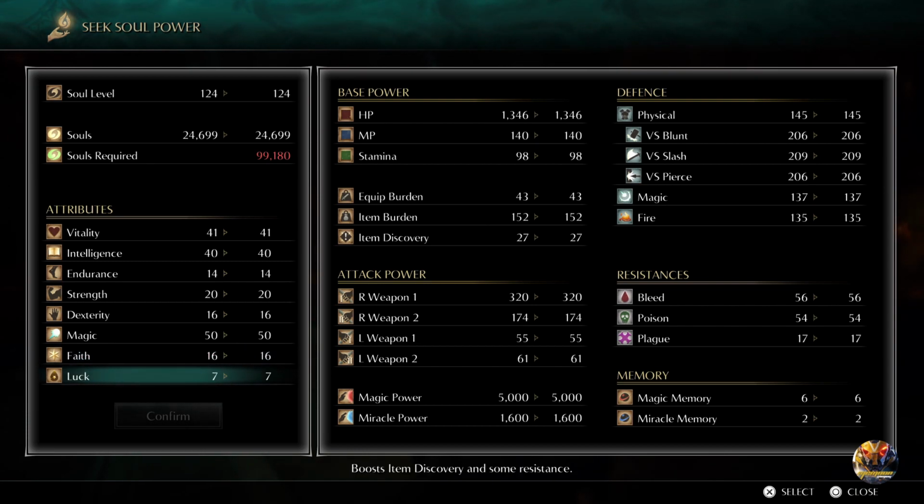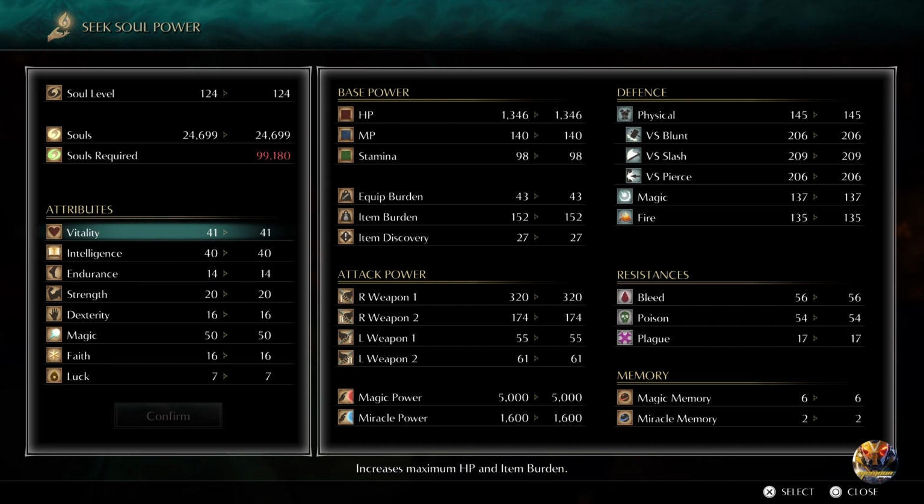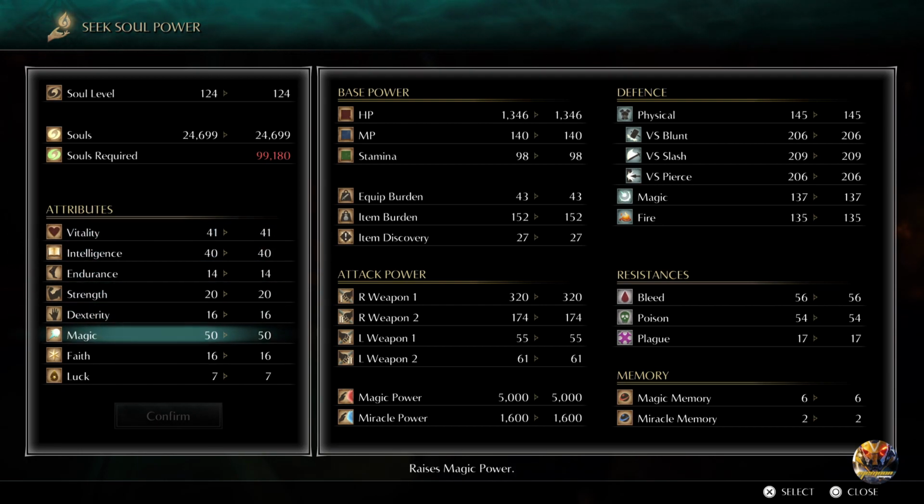60 points will activate that ability for me. That's the only one I'll invest in, which is more than enough. And a 7 into luck, of course. I put 40 points into